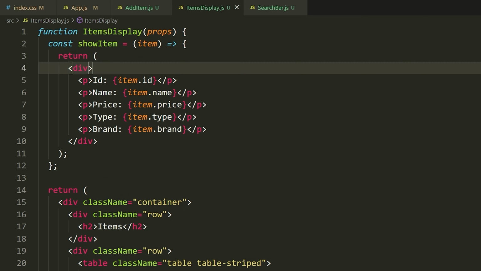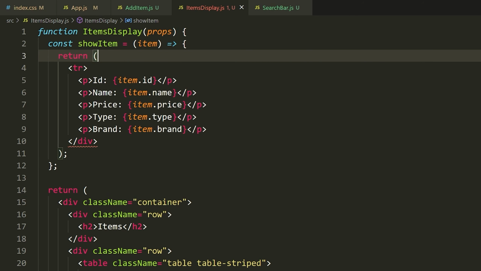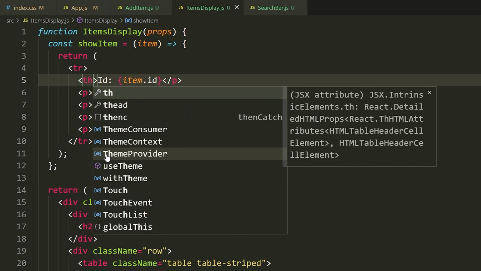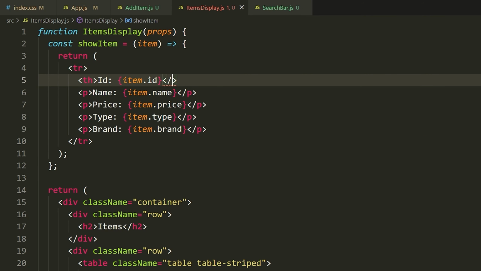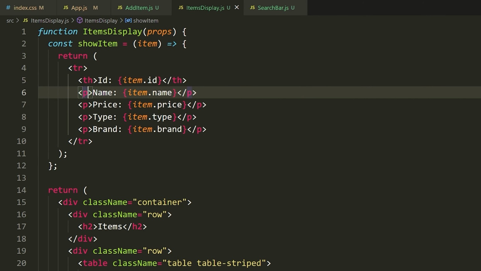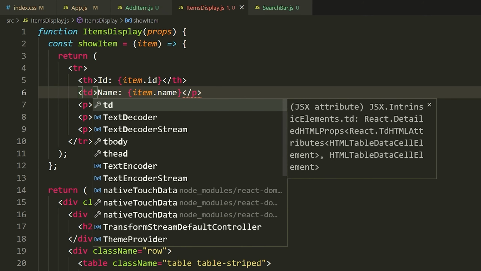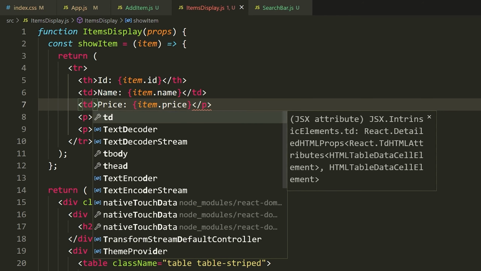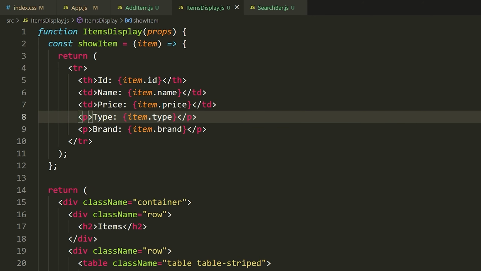So up here, all we have to do is change this div to be a tr, so a table row. And then here, we're going to change this to be a th. So this means that needs to change to be a th as well. This needs to be a td for table data. So td. Okay, td. Let's just change all of these. td, td, td.